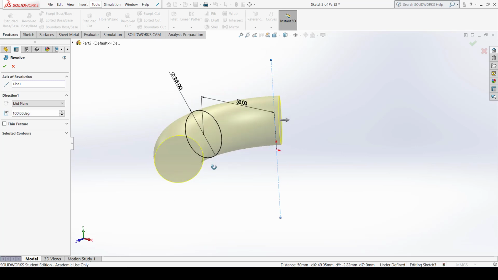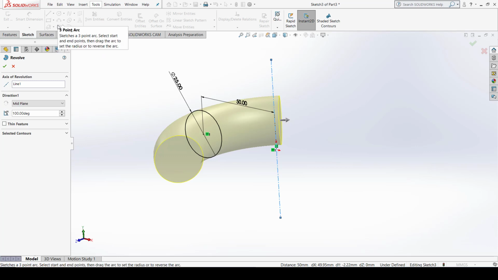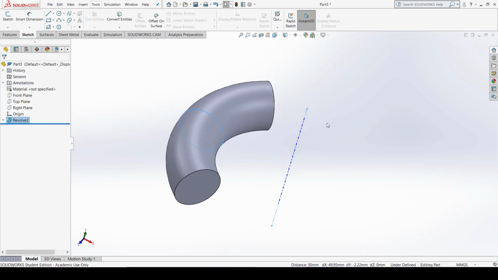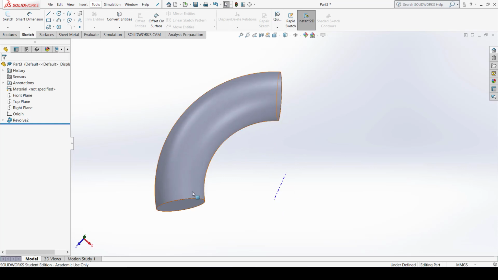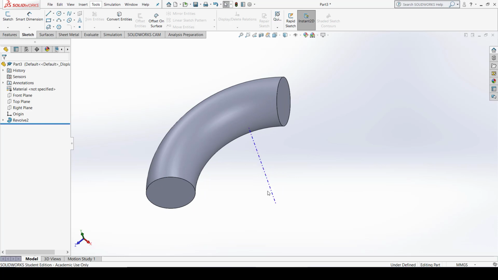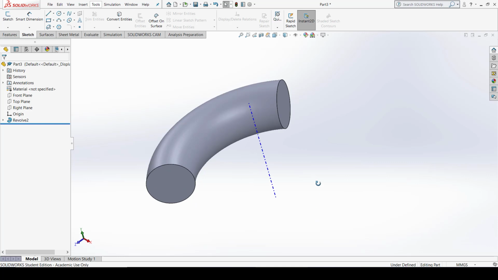So you can revolve any element in 2D, like you can choose line, circle, rectangle, arc, slots also, polygons, elliptical surfaces also. You can revolve anything in this command. So click OK to end the command and your component is created. So we can say it's an elbow which is at 100 degrees with the axis of revolution as this. The central distance we provided as 50 and the diameter of this circle is 25 millimeters. So this is how your revolve command works.